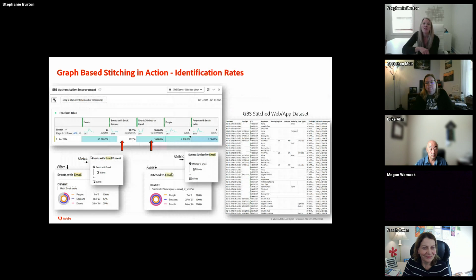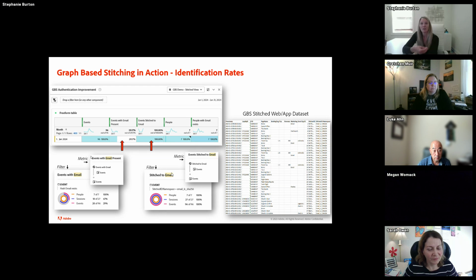Okay, so what kind of value does this bring to your reporting? Well, first is the improved identification rates. Now that you can make use of the authentication that happens across any channel, your ability to identify your customers will inevitably go up. By how much is largely going to depend on your data, but here in my example, I can show you